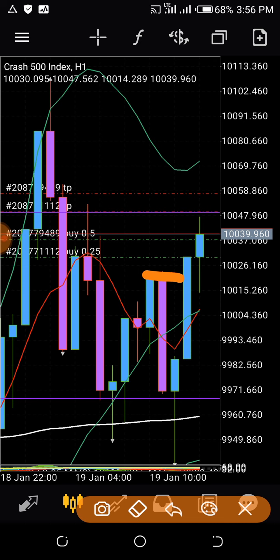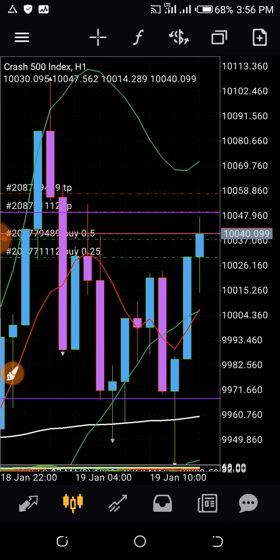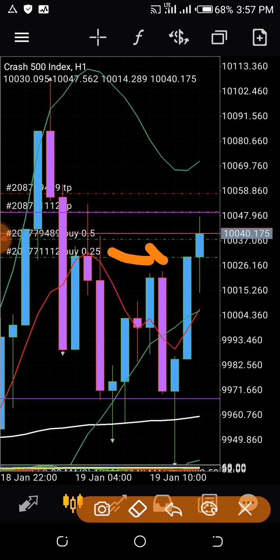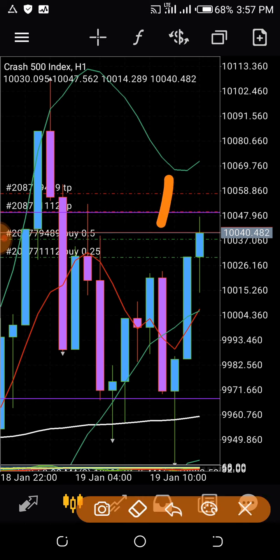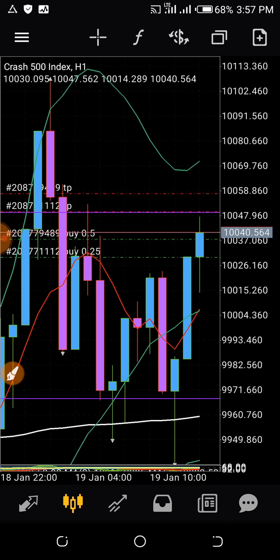So I entered some trades. I've actually entered some trades when this candle started, but that's not where I'm going. This trade I'm in, the one that started with 0.25, I'm expecting to exit at this point, while this other one of 0.5, I'm hoping to exit at this point. Chances are that this price might still drive up to this point, but I might not want to go that far.